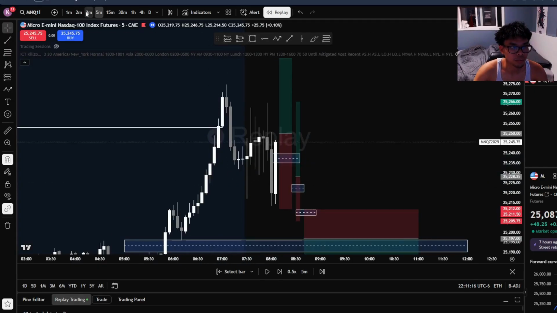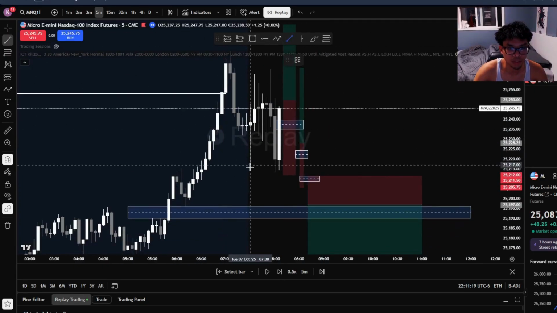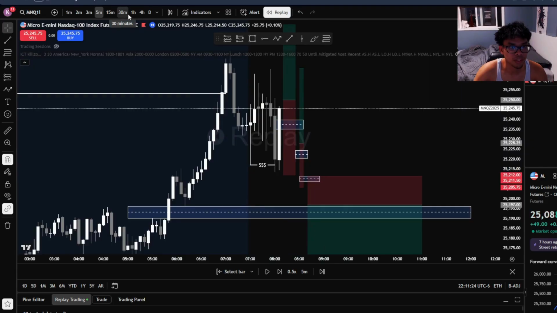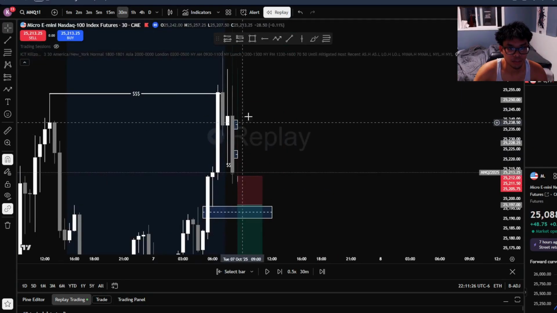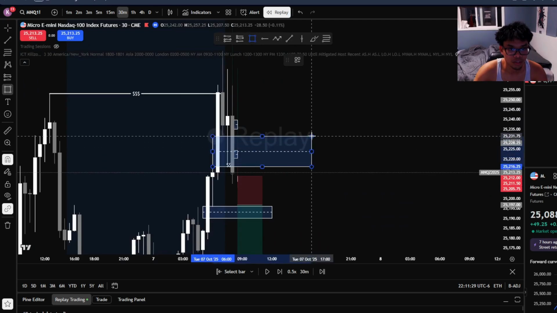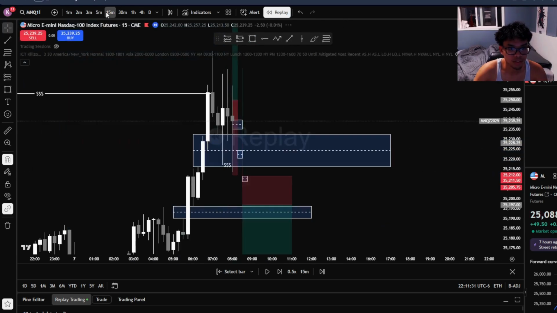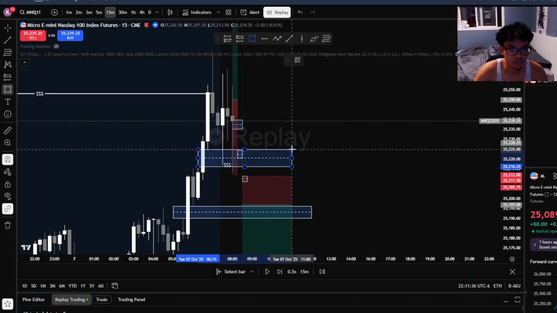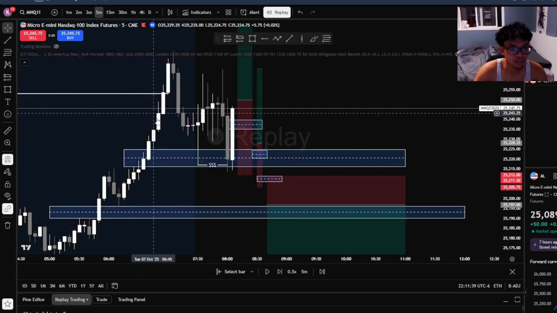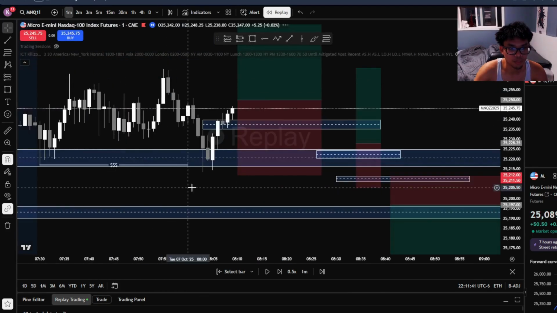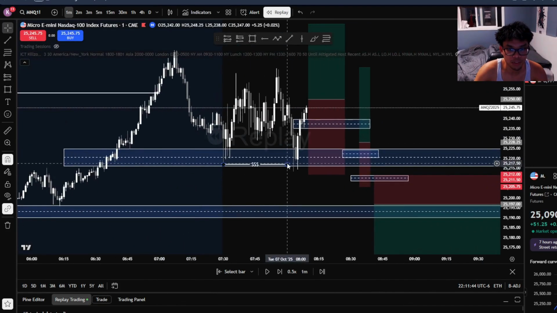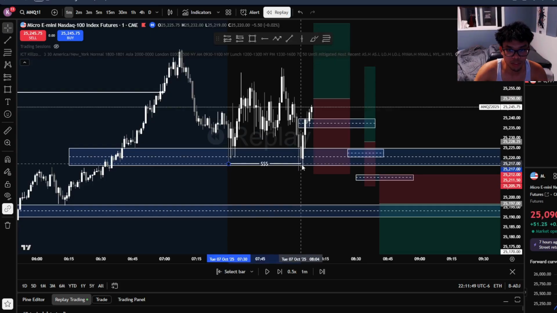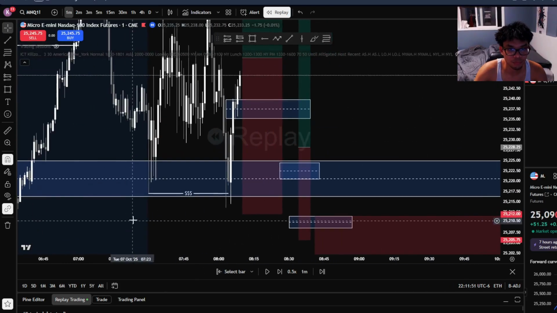But yeah, what did I see? We swept our lows, our internal liquidity, and let's see. I should put this back here. Filter it down. 15. Okay, so boom, what do we see? We swept this internal low, and then